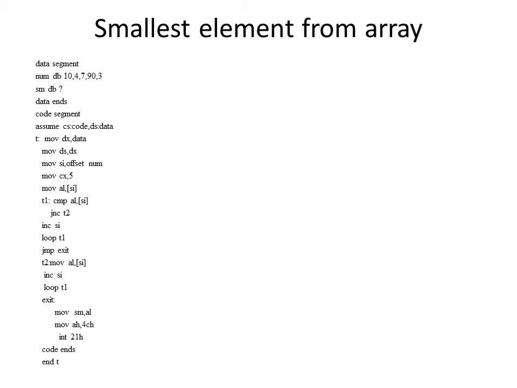That is the next comparison. Before going to the next comparison, just change the AL register content. Here in the T1 block, no need to change the content of the AL register. Why? Because the AL register content is smaller. But in the T2 block, we need to change the content of the AL register. Why? Because the element that we are comparing with AL is actually smaller than the AL register. Okay. So this is how the program is.